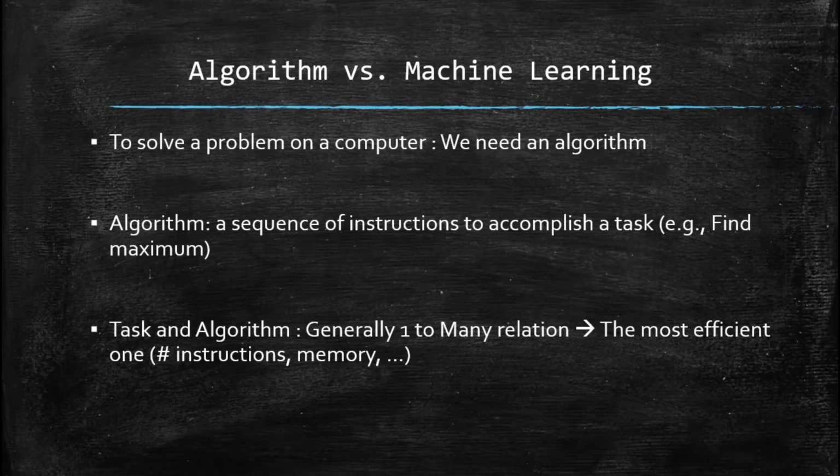I actually said tomato somewhere in the middle. I've been living in Ireland for some time. I think I've developed some sort of Irish accent. I have no idea. Anyways, so you see, that was the task. The task was buying tomatoes, and I can easily write an algorithm to do that, right? So an algorithm is nothing but a sequence of instructions to accomplish a task.